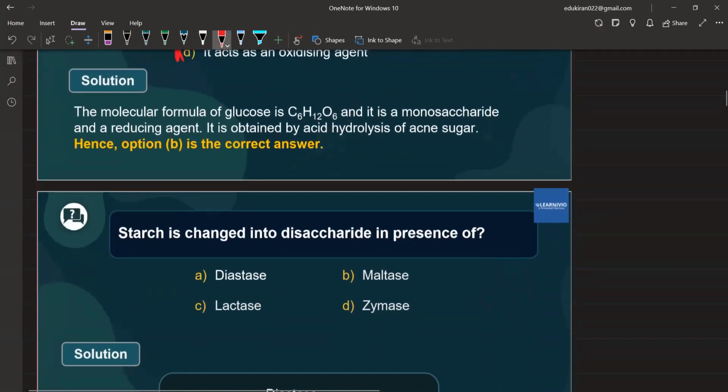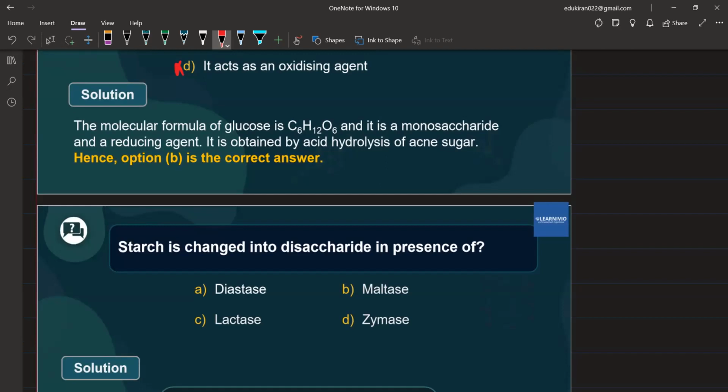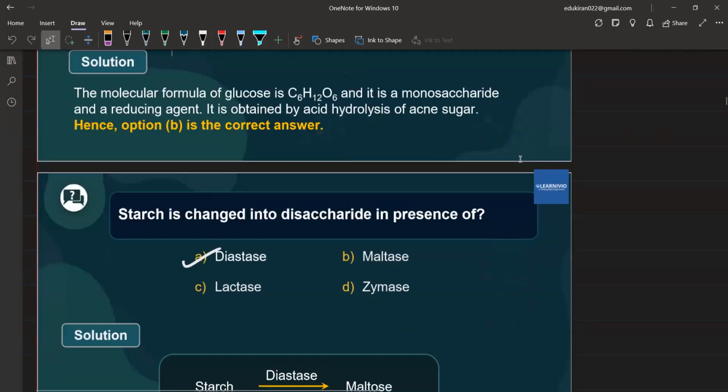Now, अगला सवाल देखिए. Starch is changed into disaccharide in the presence of what? काफी आंसर्स आ गए, है ना? हाँ, डाई में कन्वर्ट करने के लिए क्या यूज करेंगे? डायएस्टीज। इतना आसान सवाल, राइट? चलिए अगला सवाल देखिए।